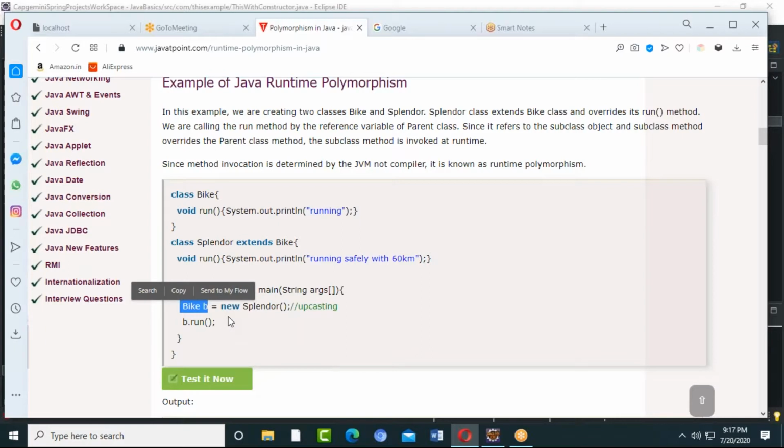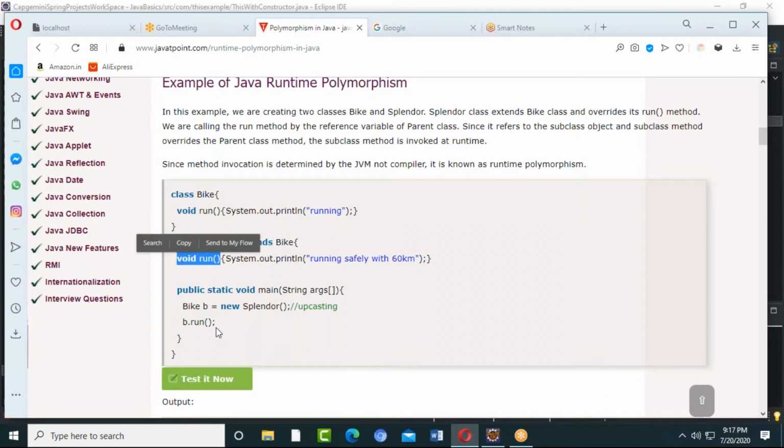In this example, if I create Splendor s = new Splendor, then it's static polymorphism because I'm not giving any reference of the parent class. But you're overriding a method, no?